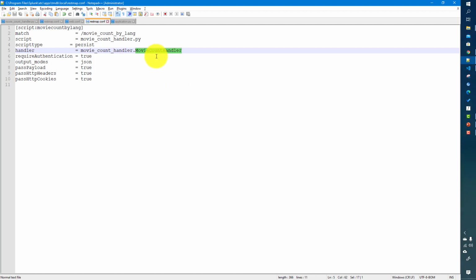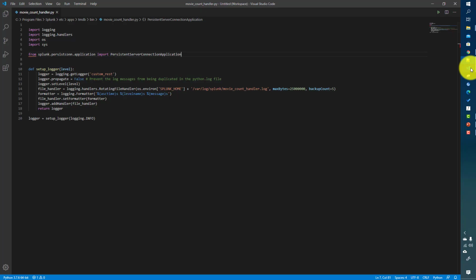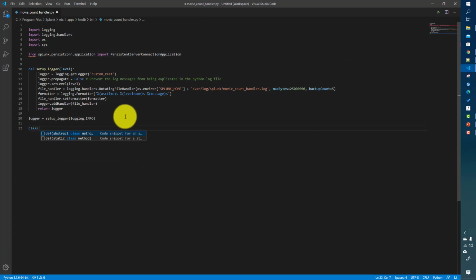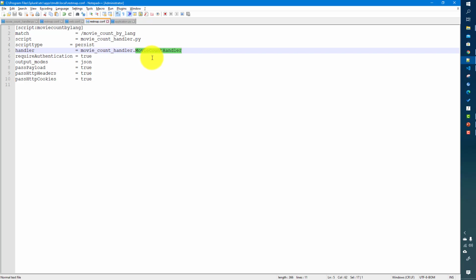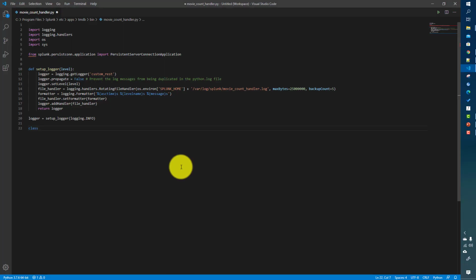That means this class has to be present in my movie count handler file, right? So that is what we are going to do now. So we'll say class. Okay, I will copy that class name over here. Now this class, how it will handle the request, it has to implement that persistent server connection application class, right? So that means we'll copy it here. This will be the base class of this guy over here,